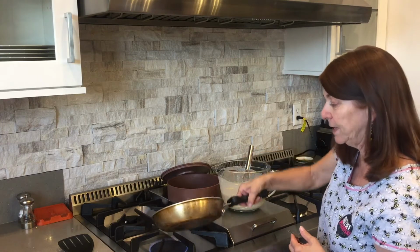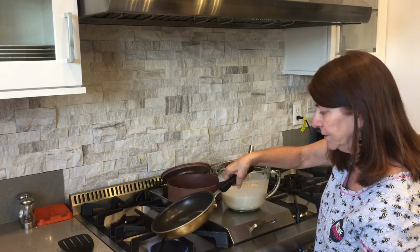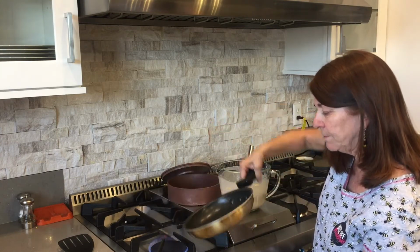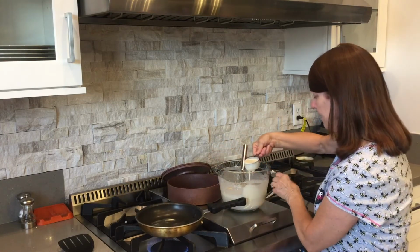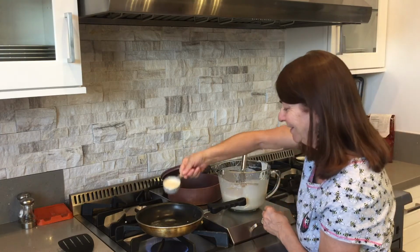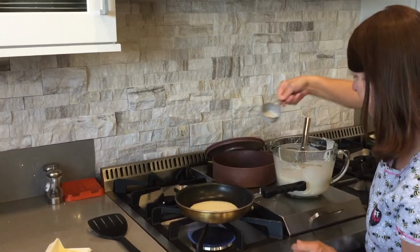So wait for that butter to melt in there. Turn it up a little bit more, faster. And when you put it in here, you're going to rotate it around, just like I'm doing with the butter. I'm also going to rotate this around. All right, here we go. Guess what's for breakfast, kids? Honey crepes. So I pour it in there, and while it's heating,